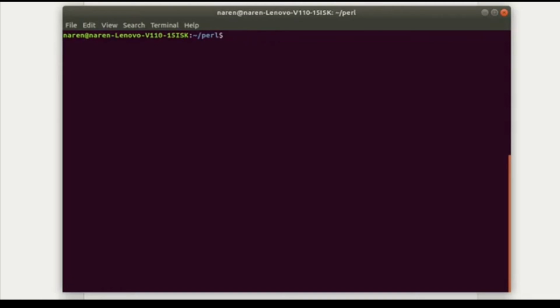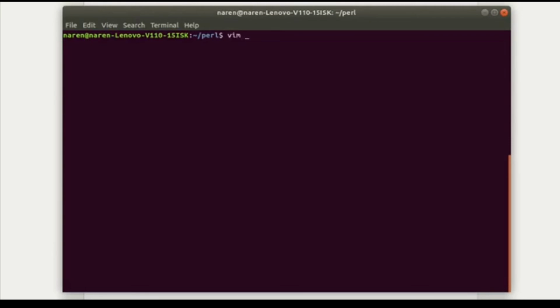For your kind information, I am using the Linux operating system. You can use Windows also, but for now I have only the Linux operating system. So I am discussing these concepts in Linux, and in my second video I will explain how to install Perl in Windows and Linux. Those things I will explain in upcoming videos. For now I will explain how to create the first file.